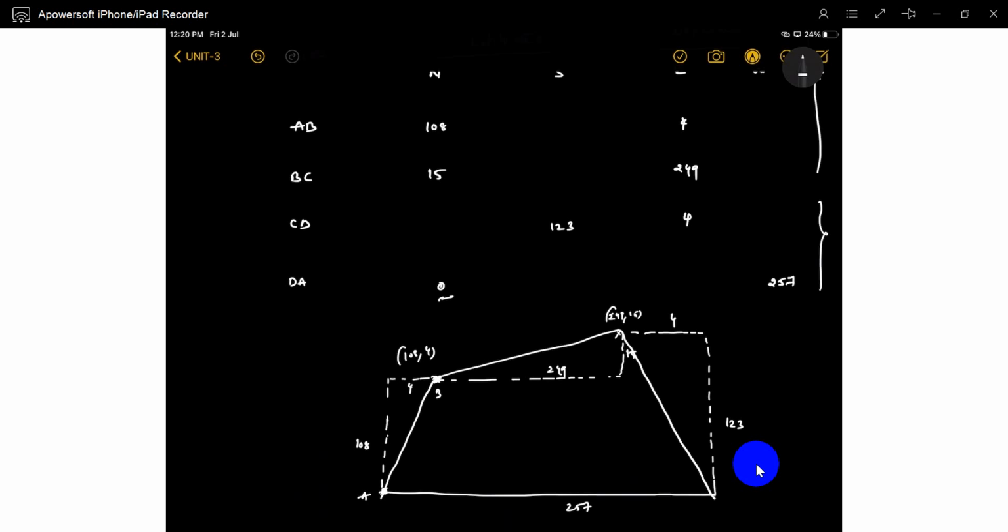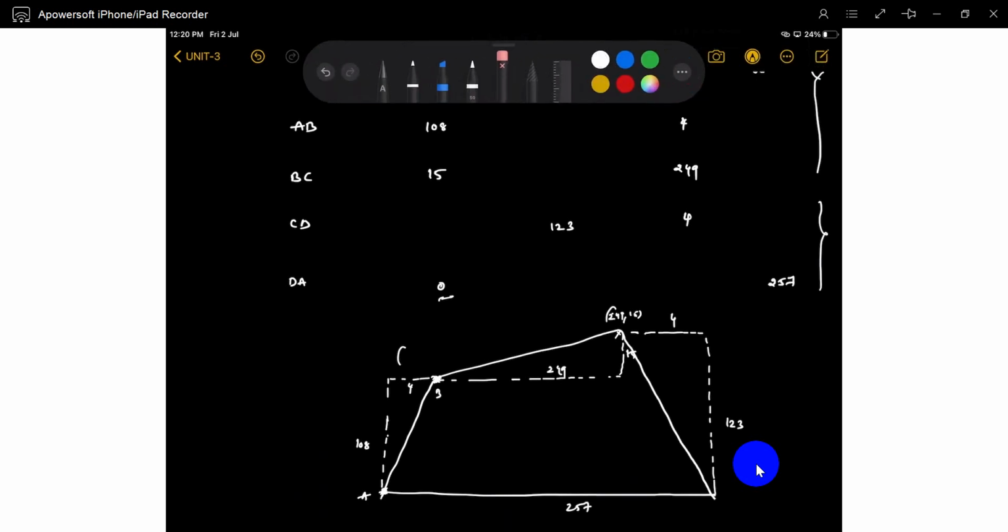Okay, just imagine the diagram. We already did something like this in the theodolite survey, compass survey, and also traversing. In those, if you draw a line, we take the angles and, based on the latitudes and departures, you have data like this. So you have to find out the area. How can you find out? Based on the latitudes and departures.